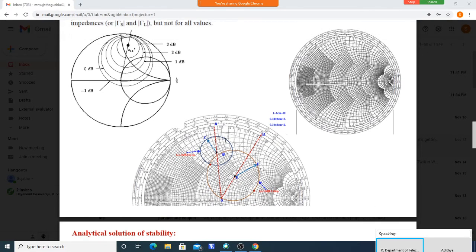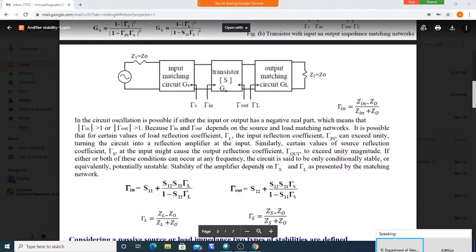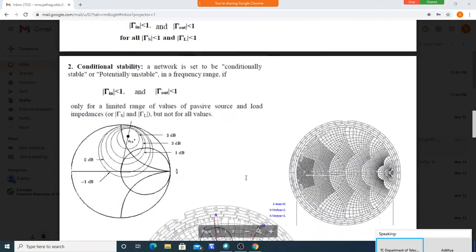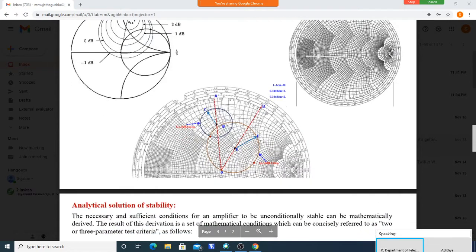See, I told in the previous class, for a constant gain circle, we can take any value over this as an input impedance. To set an input impedance, you can take it. But can we take any value over this? That is the question now. Can we take any value over this, or only a particular value? Like this, I have taken this. Can we take anywhere here?